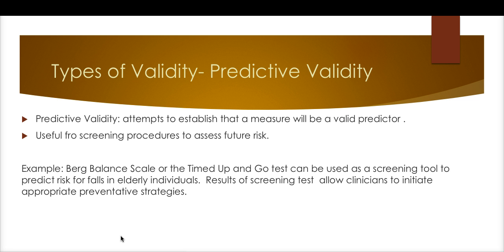Next we have predictive validity. This is established when researchers demonstrate that an outcome measure has a high correlation with a future criterion measure. An example is if a new measure of balance has high correlation with falls experienced by an individual over a period of 1 year, the measure would be considered to have predictive validity for falls. Or another example that I wrote down here for you is the Berg Balance Scale or the timed up and go test